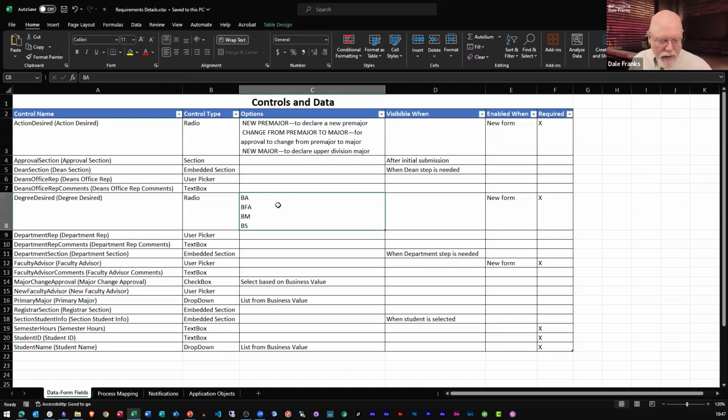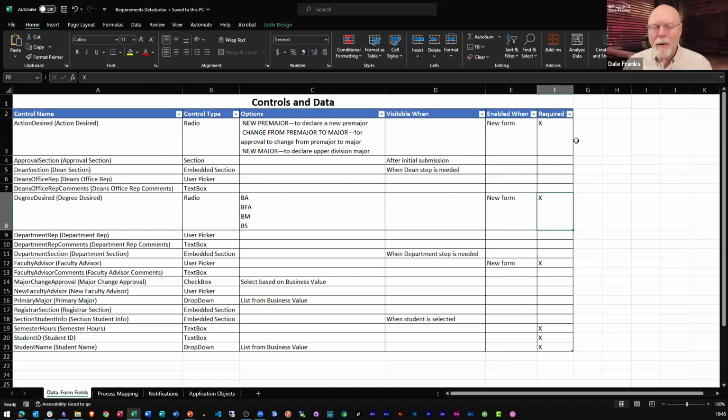I've got this list of degrees. In this case, I have it shown as a radio button list where I have these 4 degrees there. Presumably, at most places I don't need that because I know what degrees I confer, and it's probably a rather longer list than that. And so therefore, I'll just pull that from a database. But we have to discuss all of these things. We have to know if there are any visibility conditions or any specific enabling conditions. What fields are required on our form? We need to document all of that so we know what our controls are.